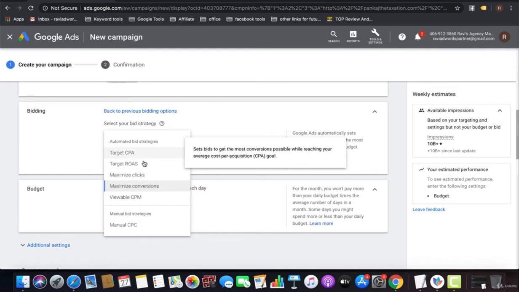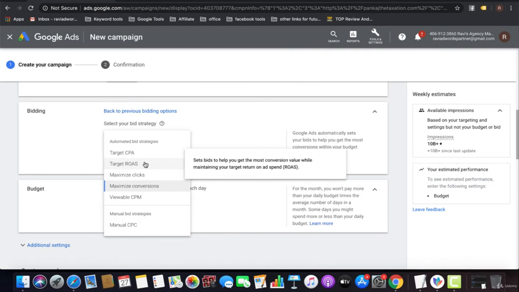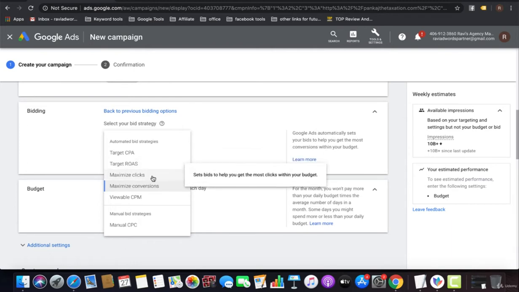With target ROAS, it will maximize conversion value within your ad spend. With maximize clicks, it will automatically optimize to get more clicks only, and it will not try to maximize conversions, ROAS or CPA. With maximize conversions, it will automatically optimize to maximize conversions within your budget.